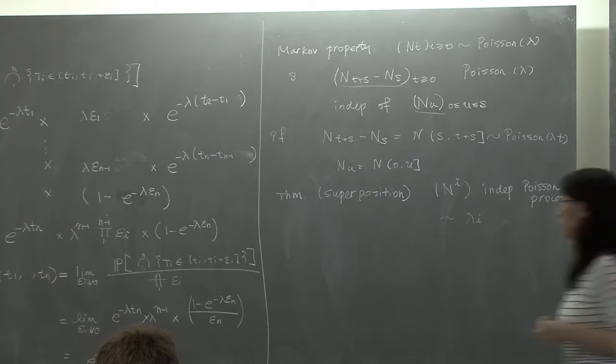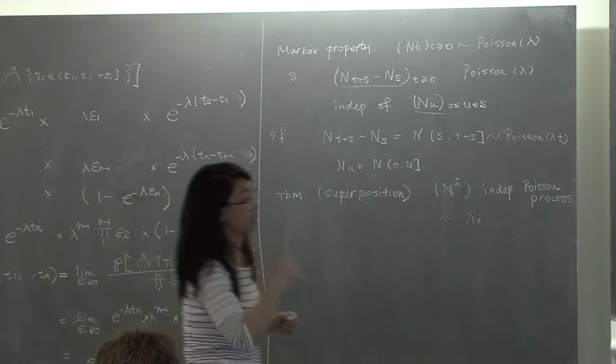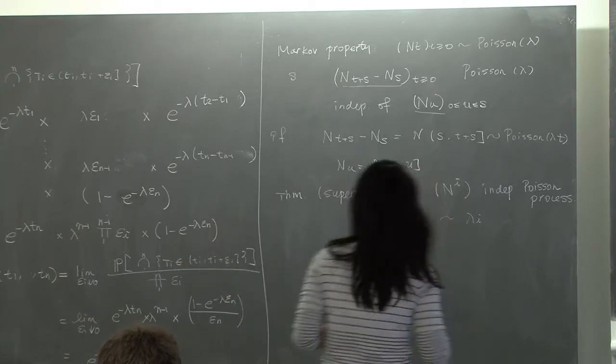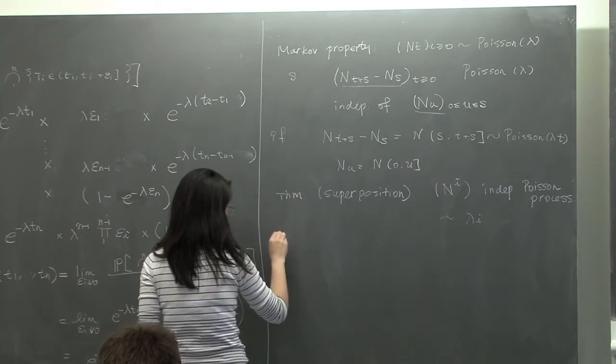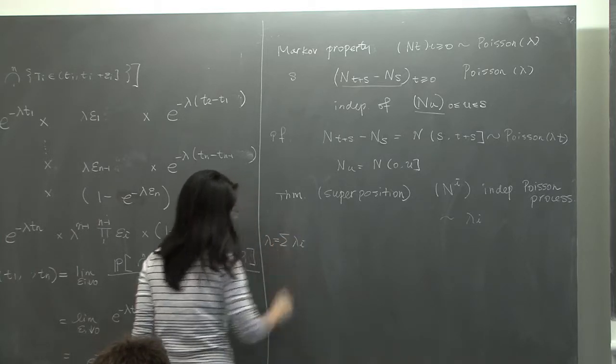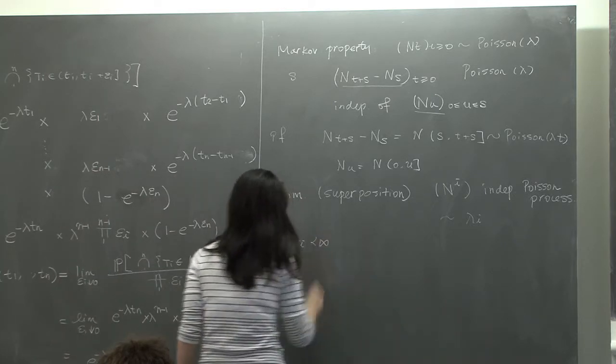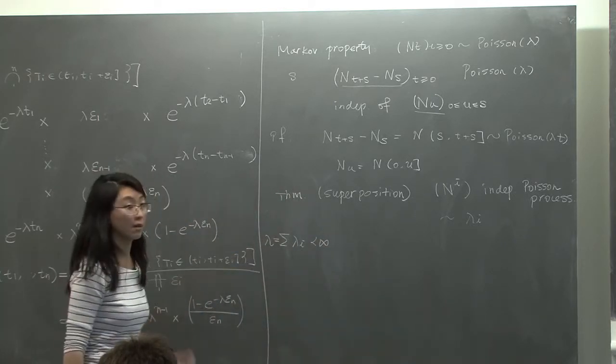The first result I won't prove during the lecture. You can check the proof in the lecture notes. For the second conclusion, it says that if the summation of all the intensities is finite, and we denote it as lambda, then